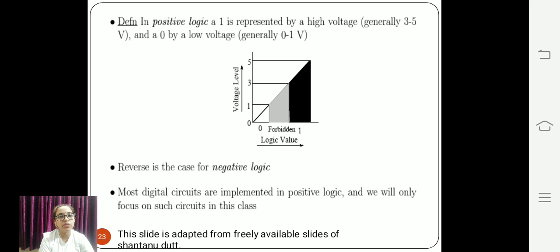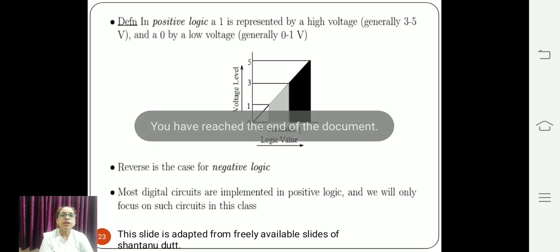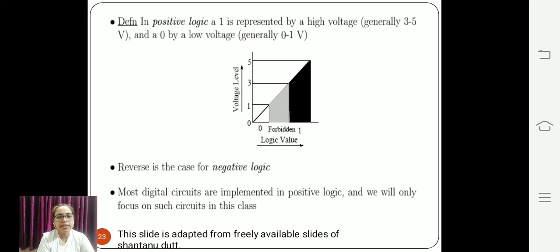I am focusing only on the positive logic values of these logic gates. This is how I tried to explain the basics of logic operations, logic gates, and the differences between analog and digital. After that, we will focus on the study according to our syllabus. We will discuss each and every topic from the next class onwards. Thank you.